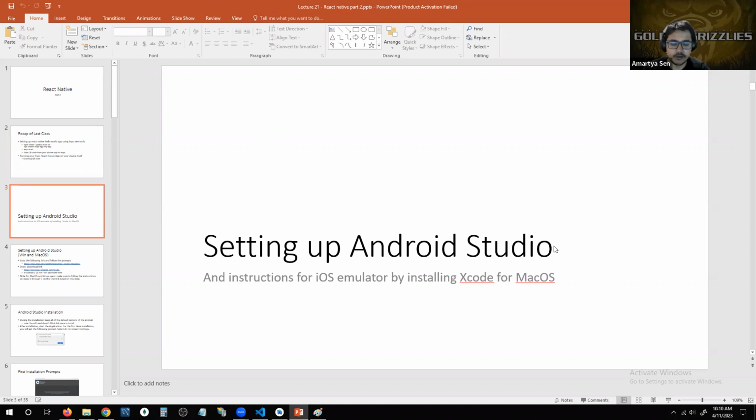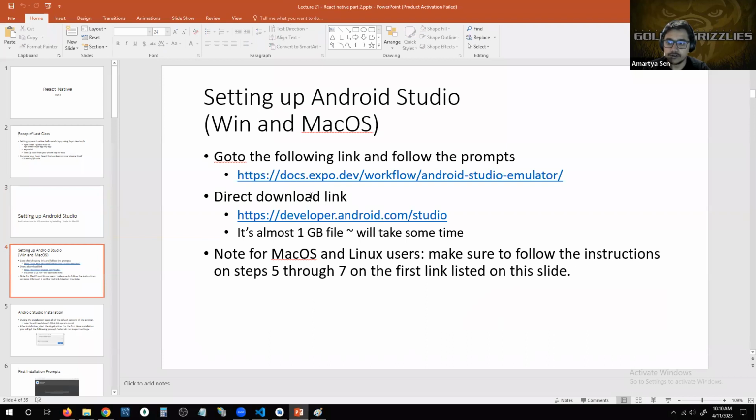But specifically, if you want to test out your application's deployment, to see what it's going to look like on any of the Mac devices, then instead of Android Studio, you need to install this particular software known as Xcode for Mac OS, which is available from their marketplace there, right? So pop open the slides, go to this link,